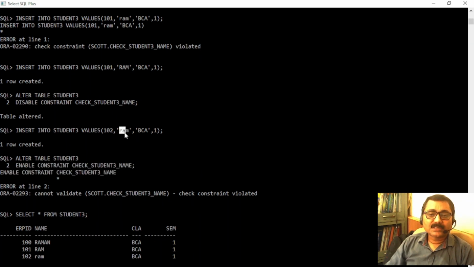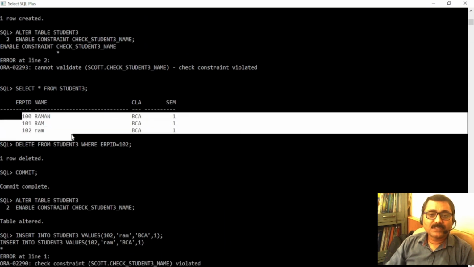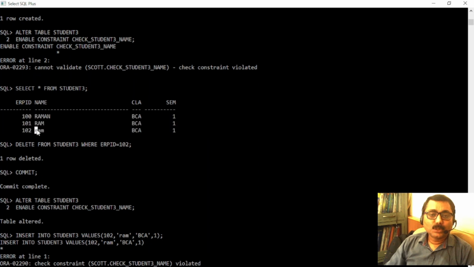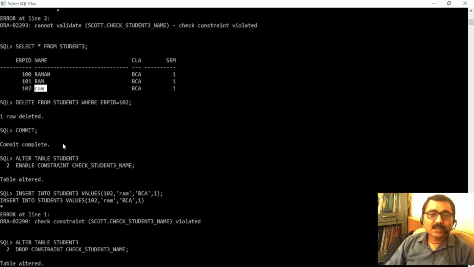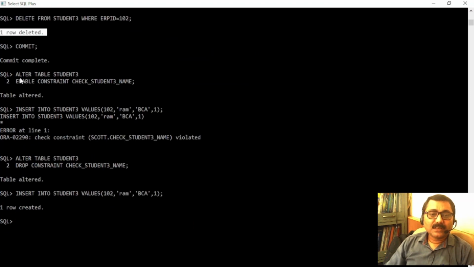Because in the records there was one name in lowercase. This is the proof that one of the records is in lowercase. What I have done, I have deleted this record. The proof that I have deleted. Then after deletion, when all the names are in uppercase, I tried to enable this check constraint, and I was successful.